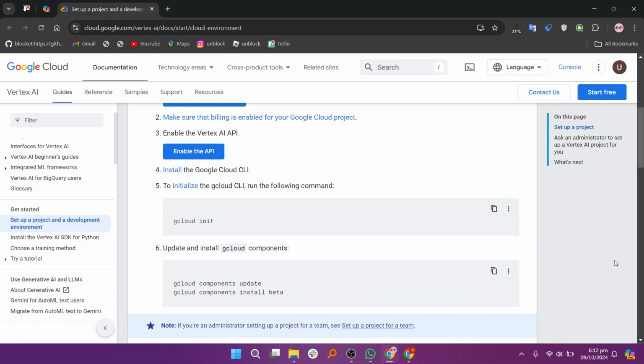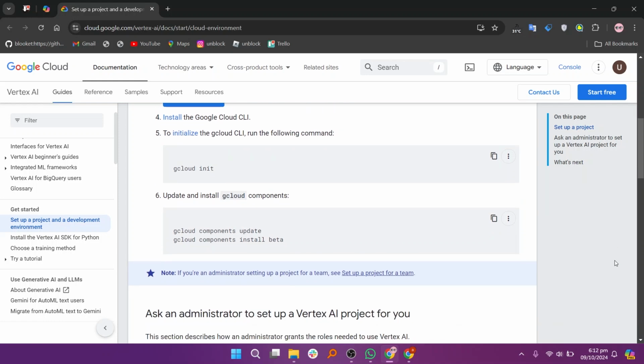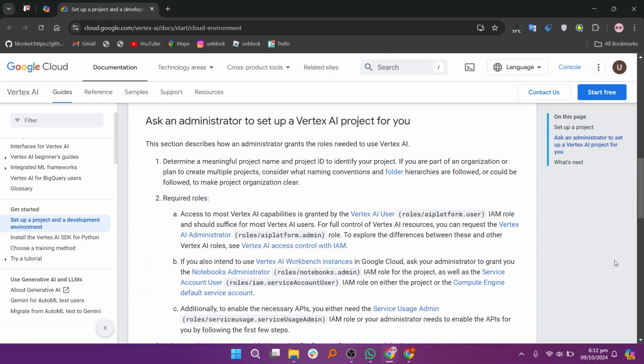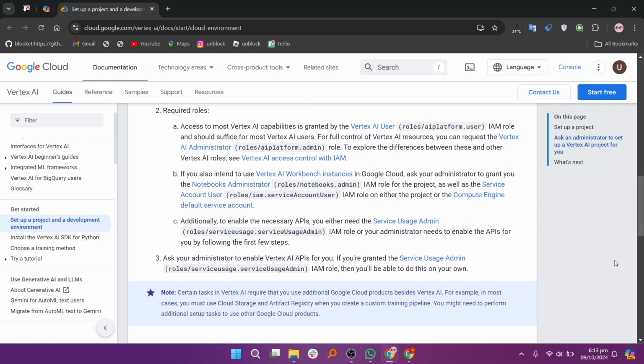This section describes how an administrator grants the roles needed to use Vertex AI. Determine a meaningful project name and project ID to identify your project. Access to most Vertex AI capabilities is granted by the Vertex AI User IAM role and should suffice for most Vertex AI users. To explore the differences between these and other Vertex AI roles, see Vertex AI Access Control with